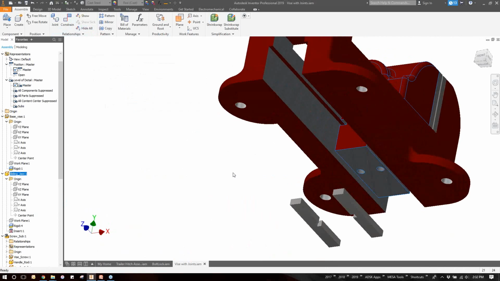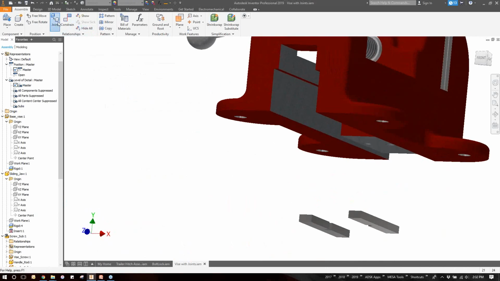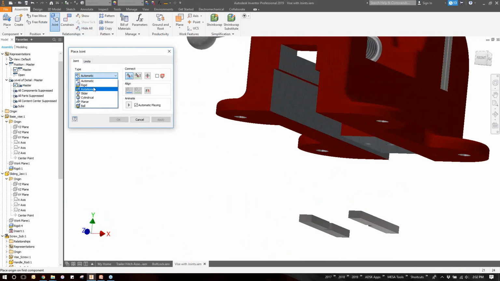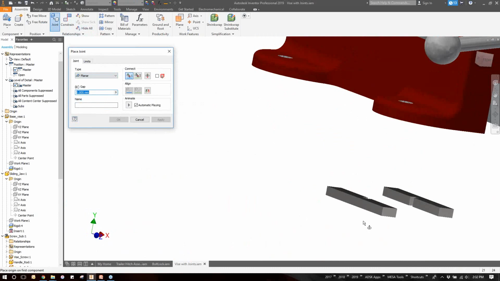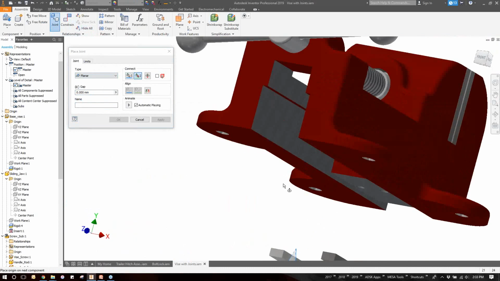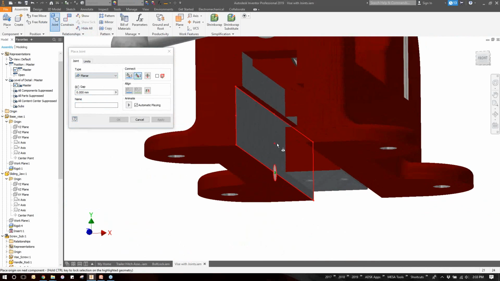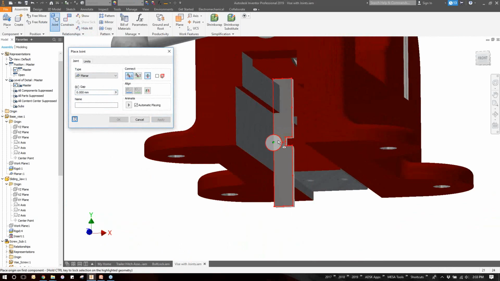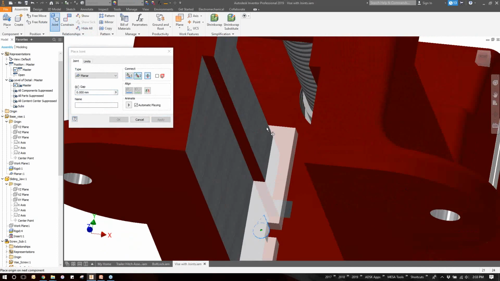And then down here we got a few more parts to put on here. So I'm going to go with some joints, and I'm going to use these planar types now. So these planar types, I'm going to find that midpoint of that face. I'm going to attach it to this face. You can see that animation happening there. That's fine. I'm going to go ahead and apply that, because the next step I'm going to do is I'm going to grab that face